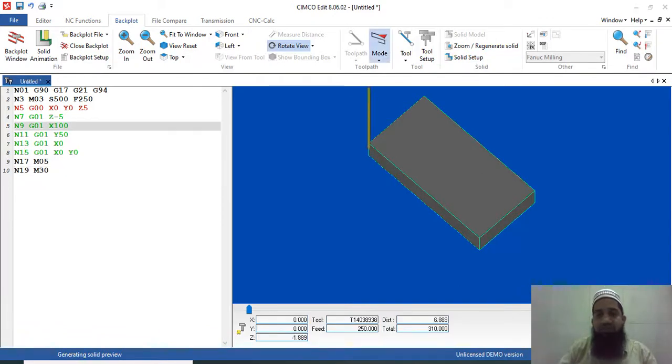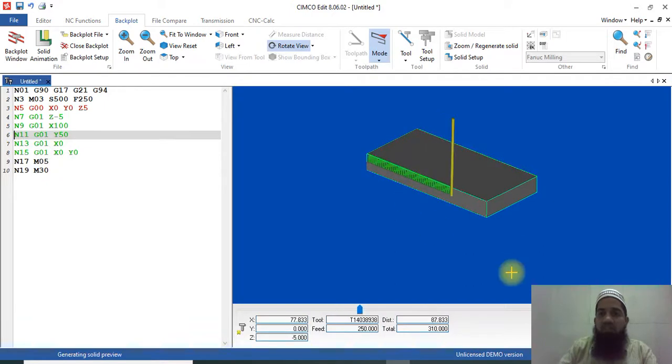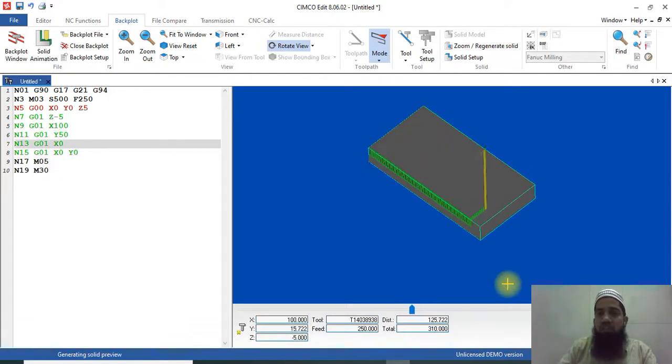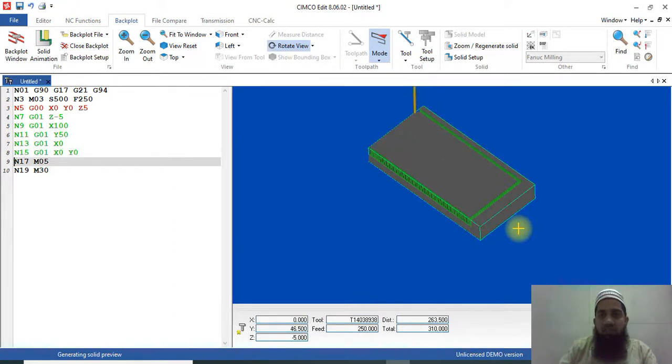You can see only 5 mm has been cut, and the other 5 mm will be as usual. This is the extra material from both the sides. Just understanding the basics of G code and M code, how to write the G code and M code, the other codes will come ahead, so that your concept is more clear.